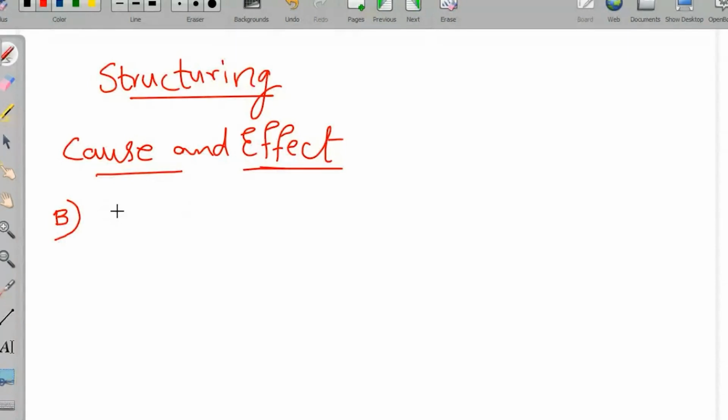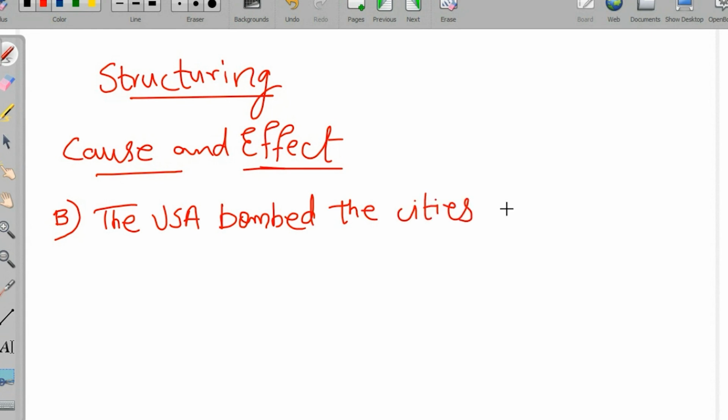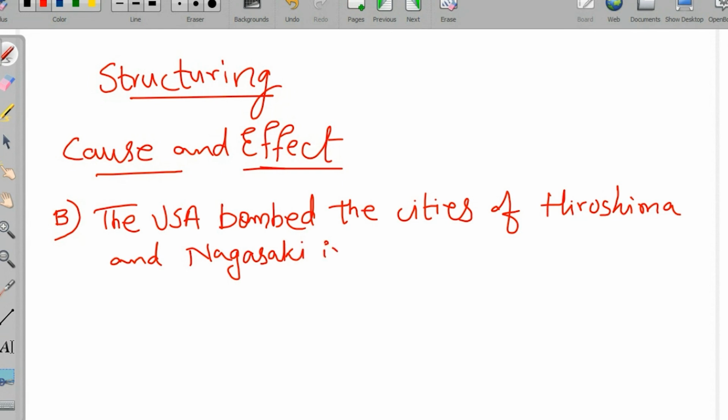Talking about, let's say that the United States of America bombed the cities of Hiroshima and Nagasaki in 1945. And then there is statement F, which is saying